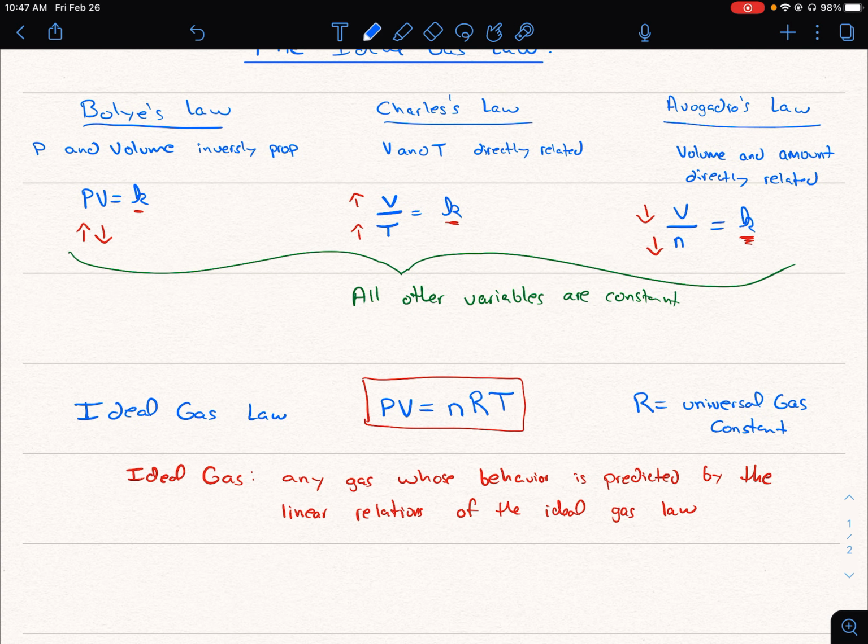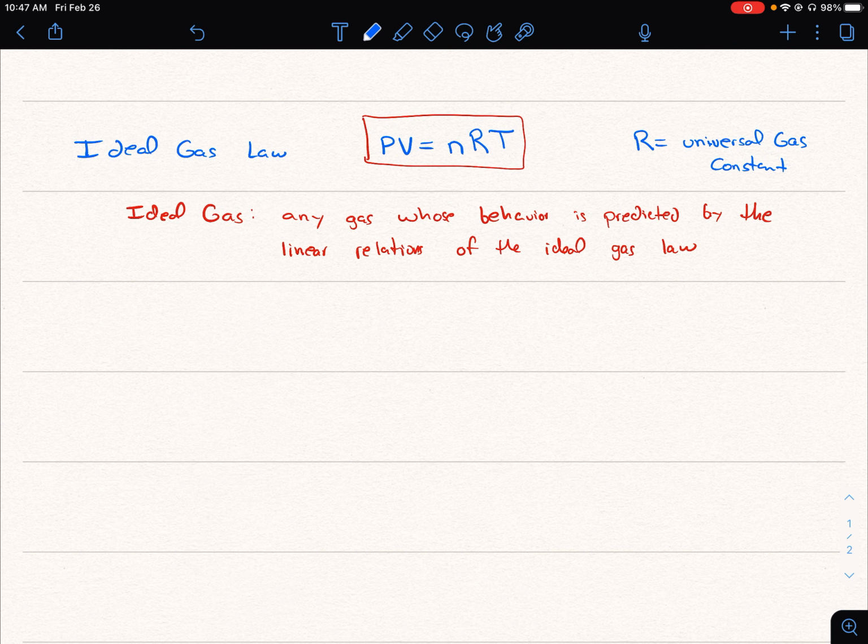This universal gas constant, if we think about what R is, we can think about our value of R, and we can find R by rearranging our ideal gas law equation and say R is going to be equal to PV over nT. And so if we're at standard temperature and pressure, so at STP, we know that R is going to be equal to 1 atmosphere times